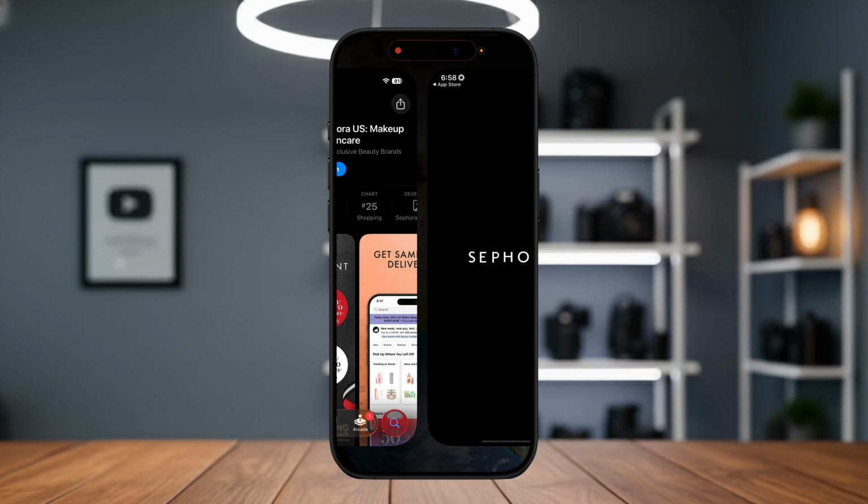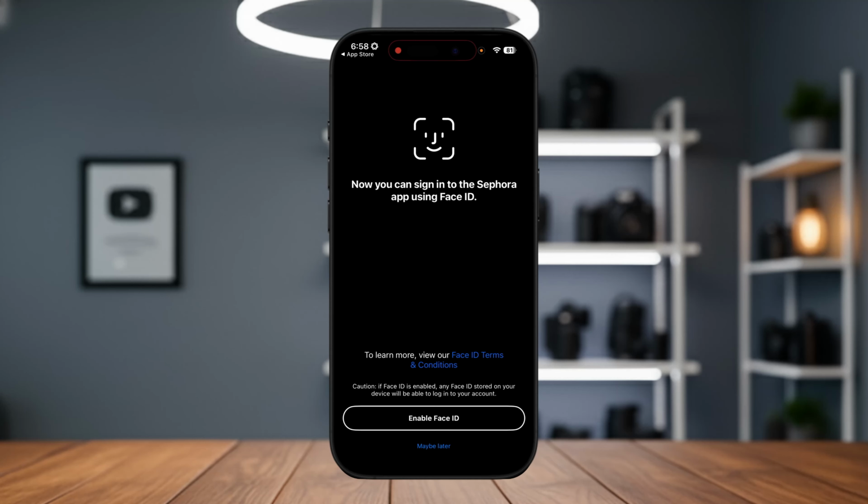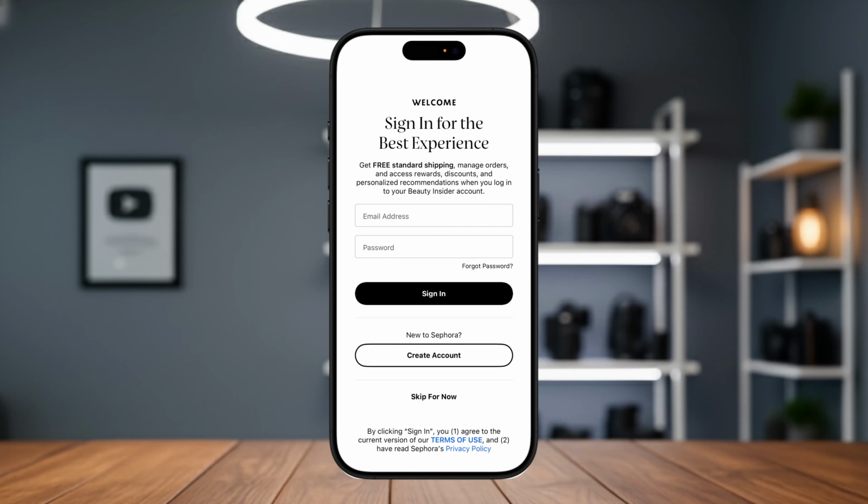Now all you need to do is click on the open button. Make sure that you're logged in or signed up onto your account right over here. And once you've done that, that is